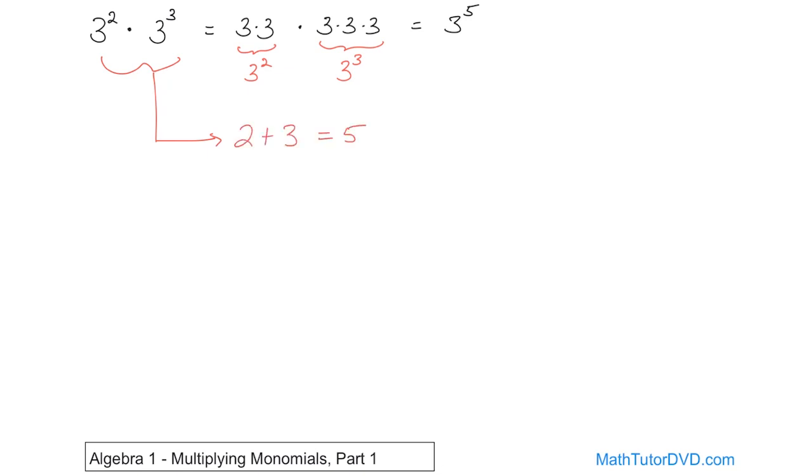So basically that's how you're going to handle it. You don't need to write this out every time. I'm just showing you this so that you'll understand. Really, the way it works is when you're multiplying something with an exponent times something else with an exponent, if the bases, the bottom numbers, are the